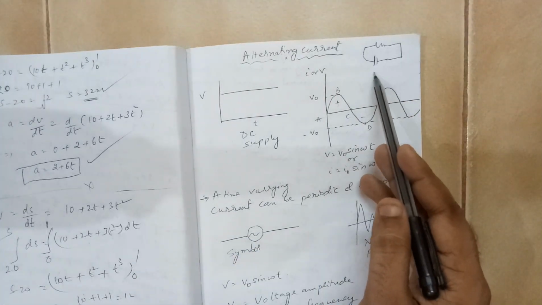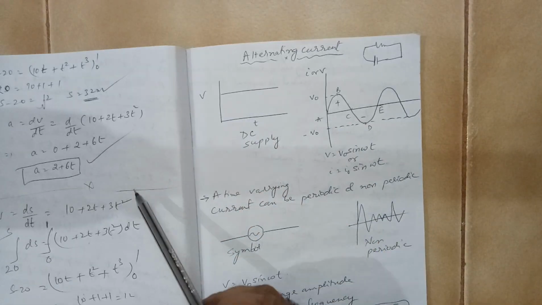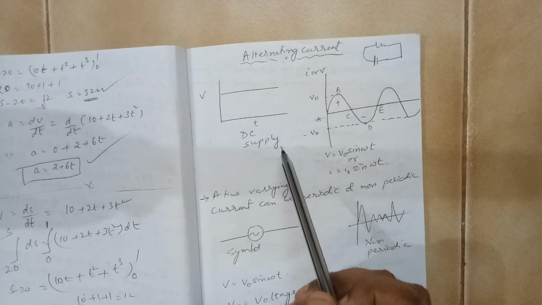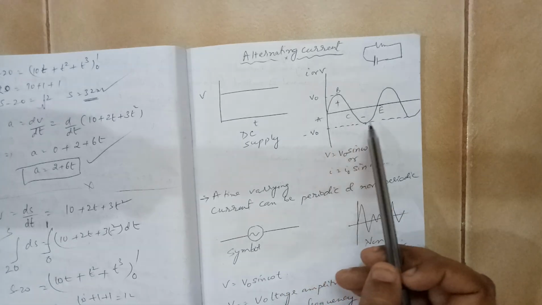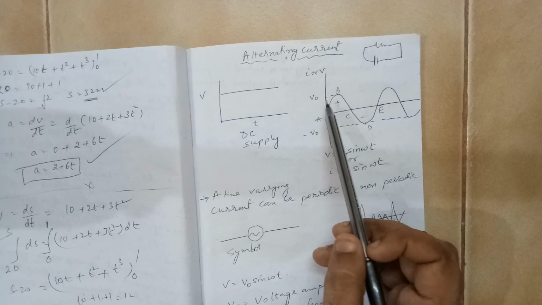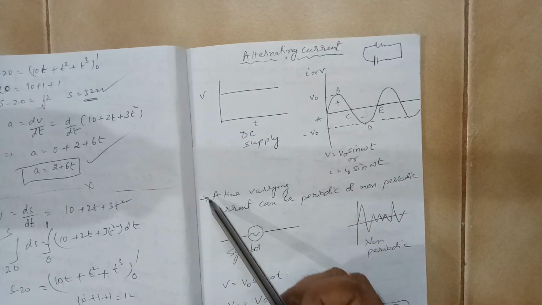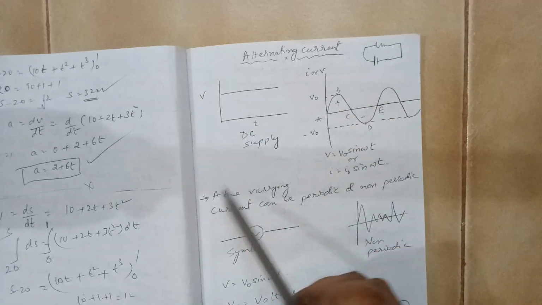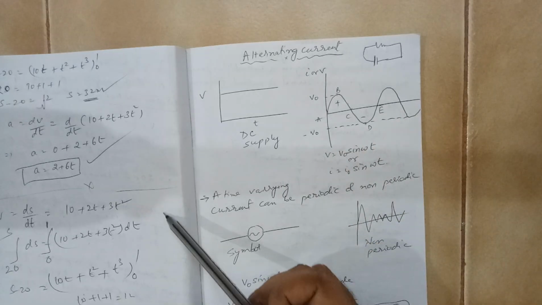Now in this type of situation, the voltage supply will be constant with the variation of time. AC, the simplest definition is the voltage or current variation with respect to time will not be a constant quantity. It will be varying. This type of variation is sinusoidal. So this is called alternating current. It is alternating between plus minus like that.